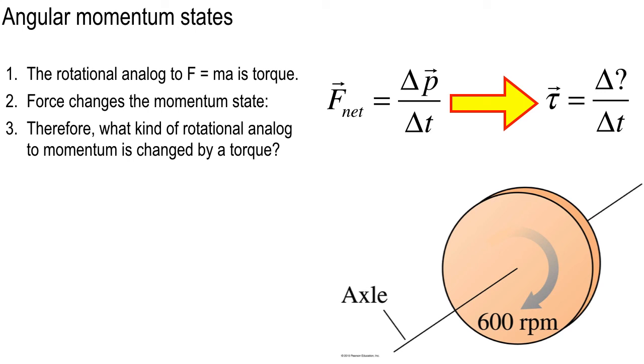So if you're looking at this disc and you want to spin it up, you want to cut it along the edge, kind of whip it around like that. If you push straight in toward the axle, it's not going to spin. Think about that show where they spin the thing, Wheel of Fortune. Those guys have those little pegs that they grab a hold of and they yank it, but they don't push it towards the center.